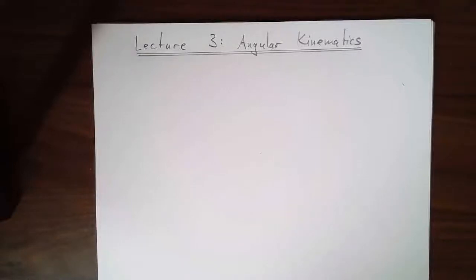Hi, in this lecture I'm going to go over angular kinematics. You remember the term kinematics from the normal linear kinematics. The kinematics was essentially a study of the relationships between concepts such as velocity, position, acceleration, both in one and in more dimensions, and everything that followed, all the so-called kinematical equations, just followed from the definitions. And at all times we were just describing motion. We were never actually explaining why something moved.